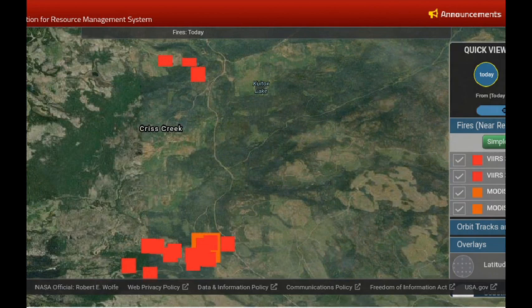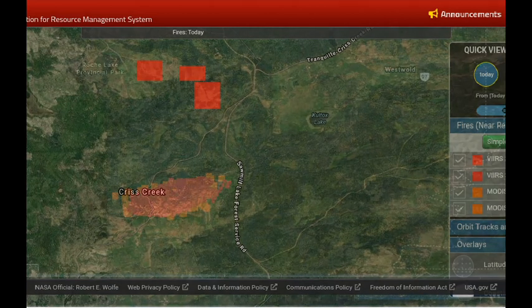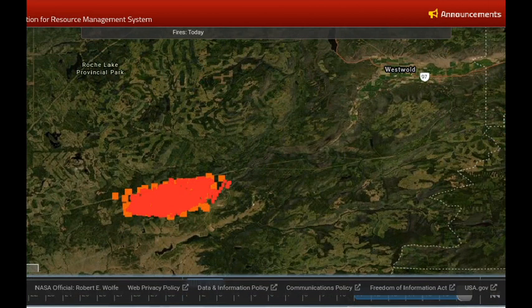There may be slight movement, but zooming in further, we're looking that it's right up against Sawmill Road. That's an FSR. So again, if you're in that area, be very aware of what your access routes are, especially if there's gusts in the afternoon. We'll take a look at the fire that's east of Nicola, north of Chapperton, and